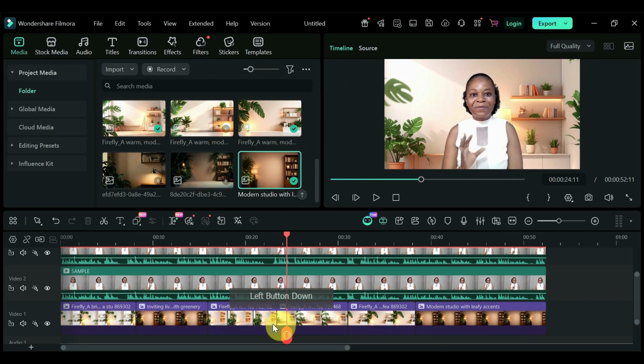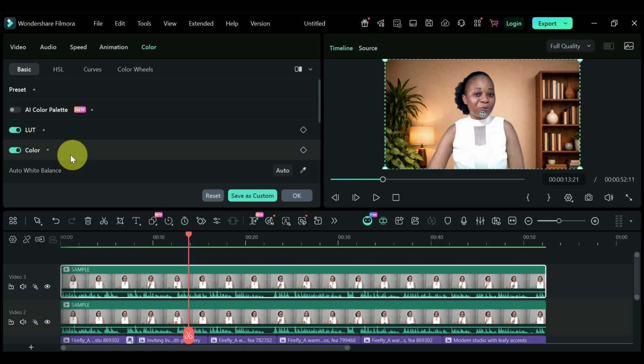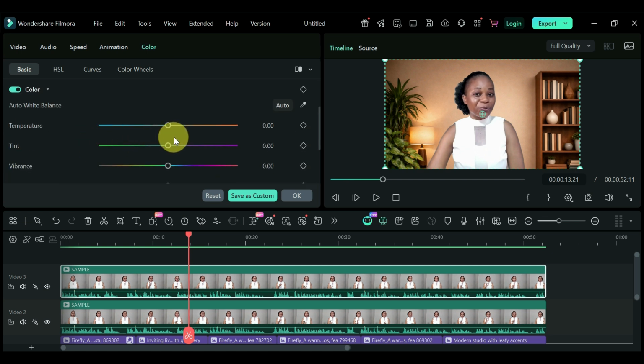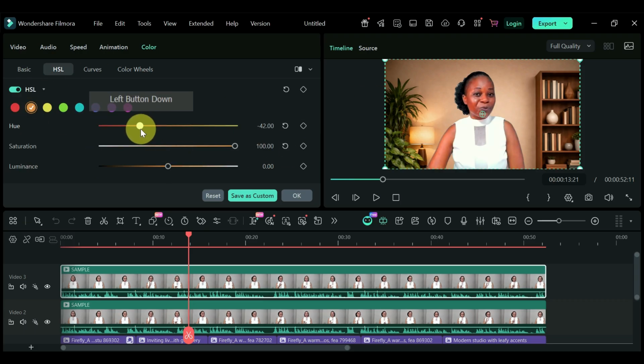Once I'm done doing this, I'll highlight the video on top, the one you are seeing, video 3. I'll click on color, then I'll click on color again and scroll down. You're going to see auto. So I'll place my pencil icon there and then drag these colors, the red, orange, yellow, just play around with